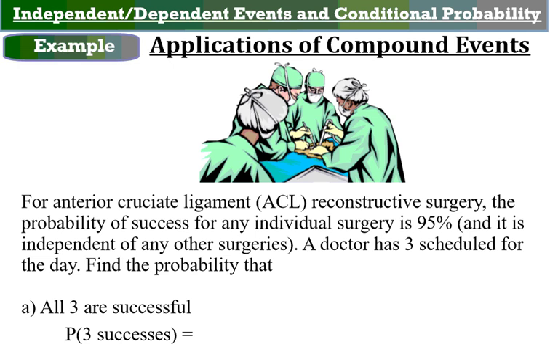This is also used in the medical field in terms of calculating maybe the likelihood of successful surgeries if you complete so many in a day or in a row. ACL surgeries are very common, especially for young people that are incredibly active. The anterior cruciate ligament, the ACL, reconstructive surgery, has a probability of success for any individual surgery of 95%. So 95% chance any individual surgery is going to be successful, and it should be noted